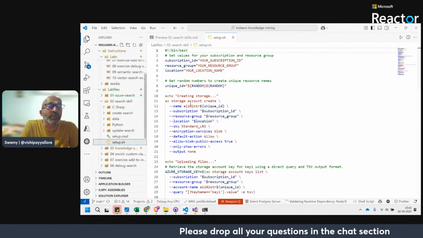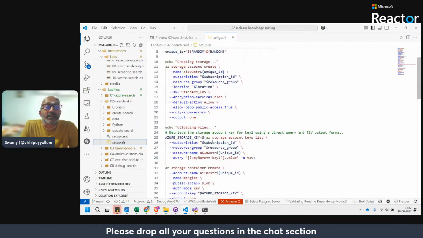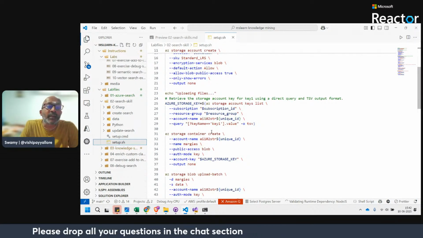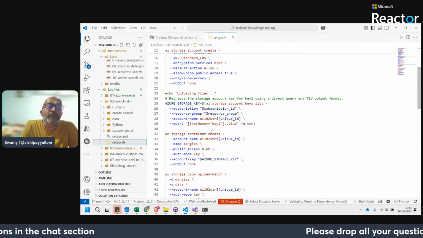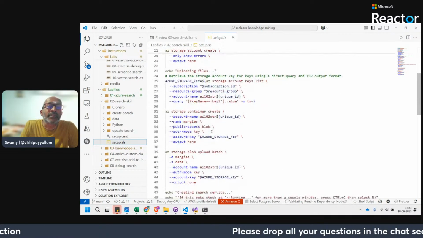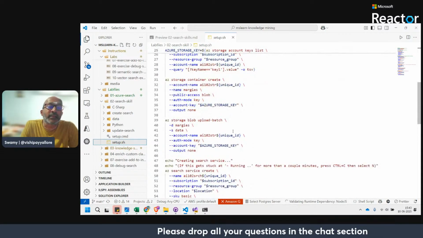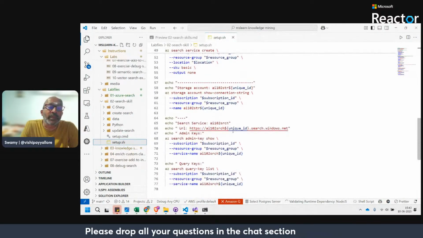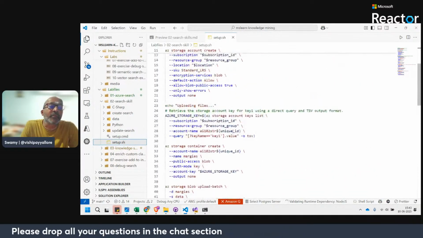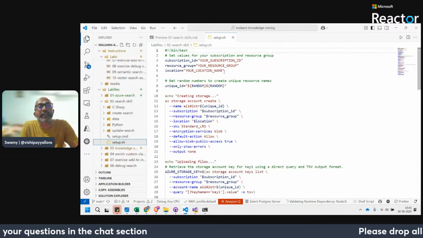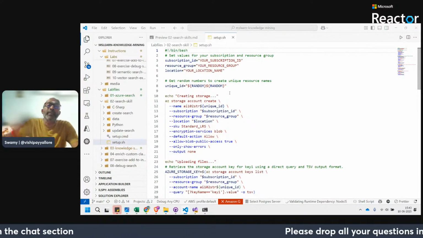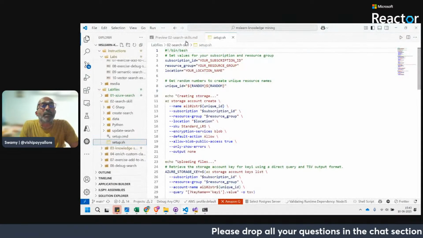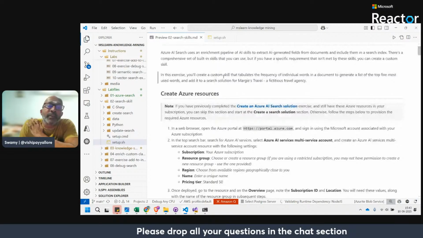If you come and see the setup, it creates the storage account, it uploads the file, it creates the container. It retrieves the storage key, it creates a container, then the uploading piece is taken care of by this PowerShell, which we used to do manually. If you come and see what is happening here,